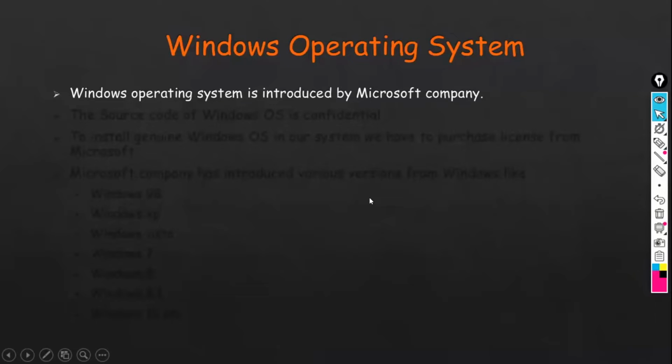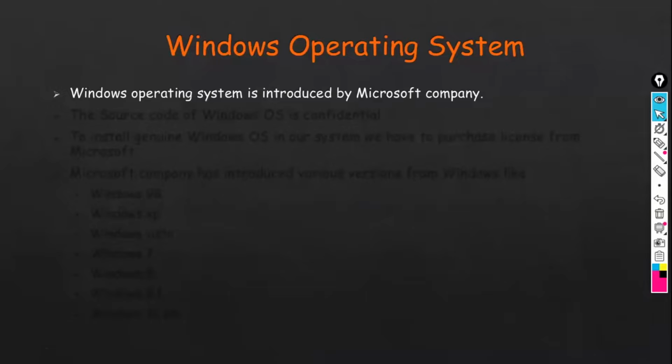So Microsoft has developed Windows OS and the source code of the Windows operating system also. Source code means the code which is developed by the IT team. They write some programs to develop this operating system. This source code is very confidential.